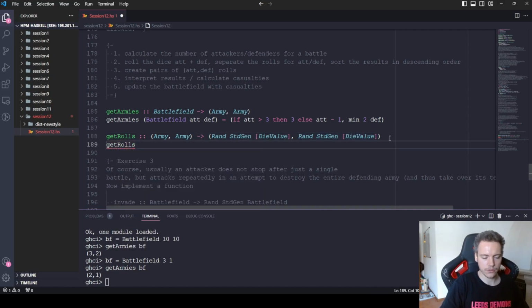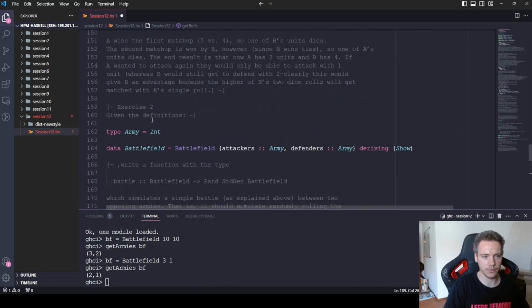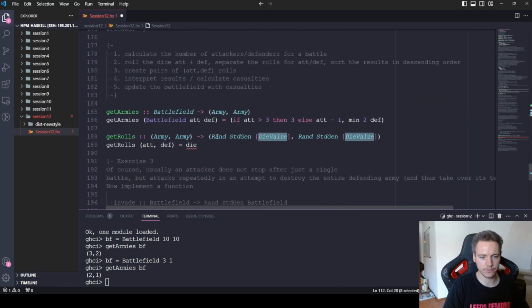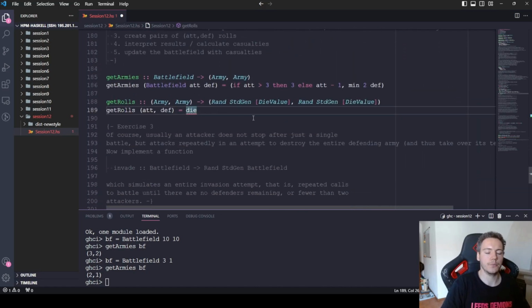So get rolls of a tuple. So we accept a tuple, we have attack, we have a defense, and now we want to actually roll the dice. So to roll the dice, we say die, right? Because we have our function die that gets us one die roll for our die value type. But in this case, we don't want to do it just once, we want to do it many times. And so we can use